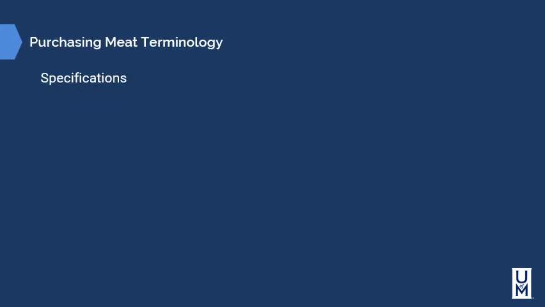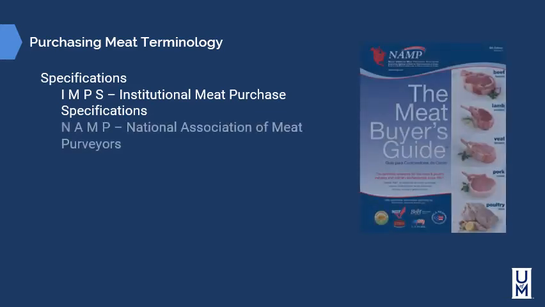When purchasing meat, there are a couple of terminology terms that we need to be aware of. Specifications. Specifications refer to the size, quality, and quantity of the product itself. IMPS, or Institutional Meat Purchase Specifications, is what we go by with this. Some of the terminology may be beef rib, roast ready. Well, that's a lot to be able to say, so we may shorthand this, and what we do is we